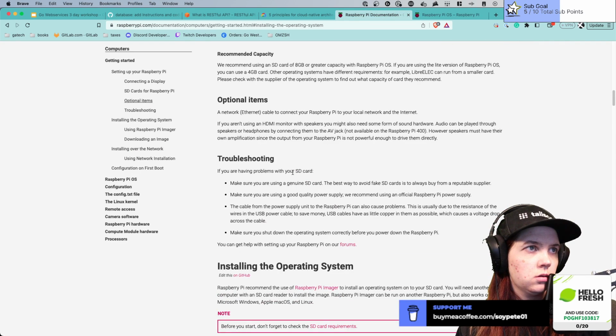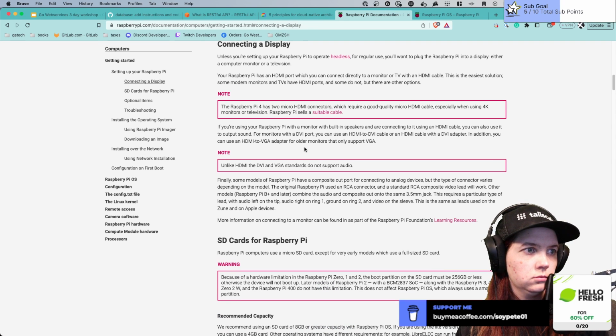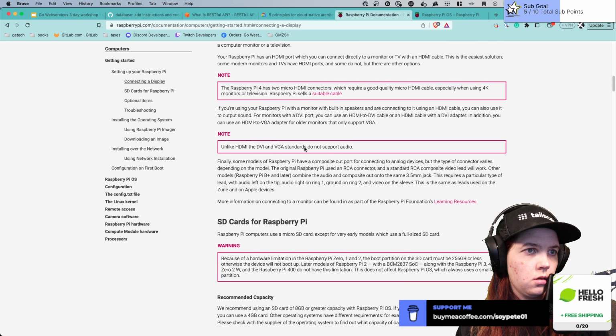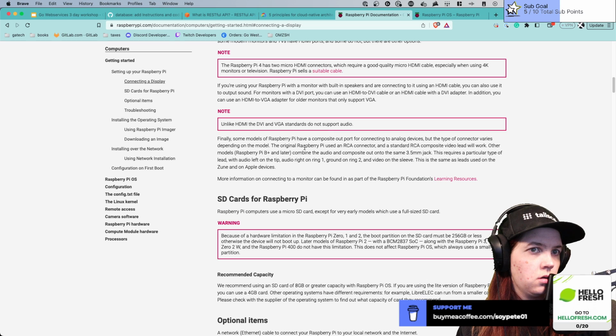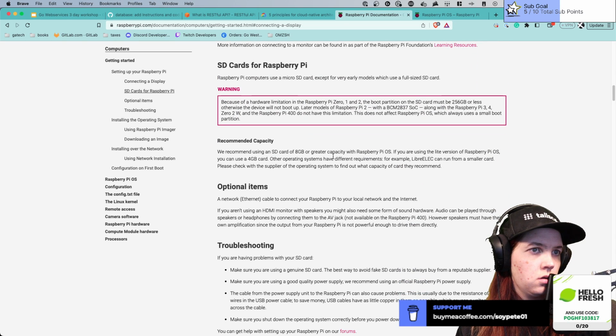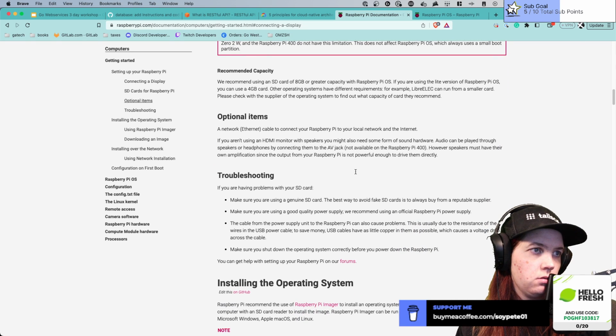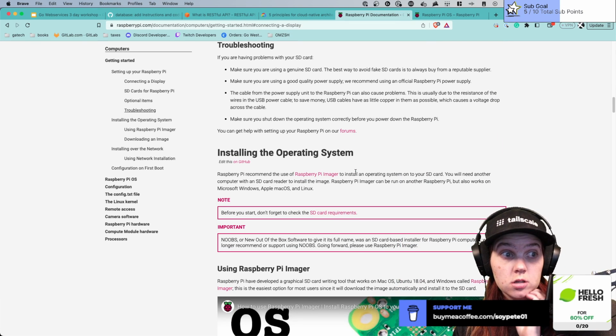Step 1. Connecting to a display. Yeah, with Raspberry Pi OS. I don't have Raspberry Pi OS on my SD card. I also don't have the SD card plugged in. So,